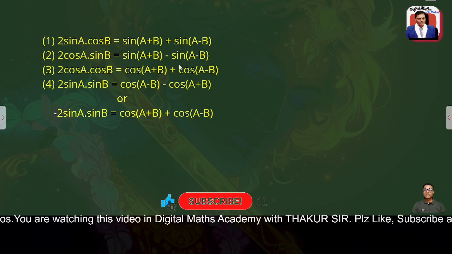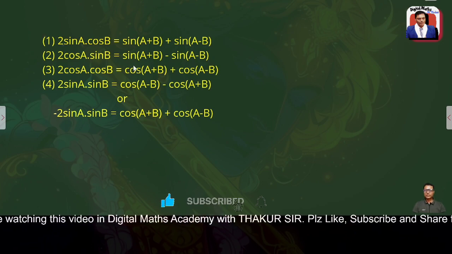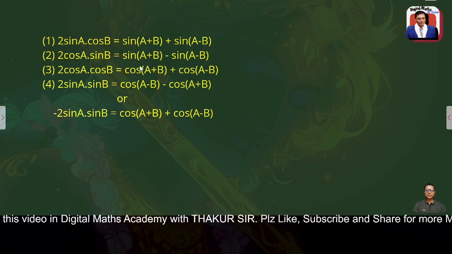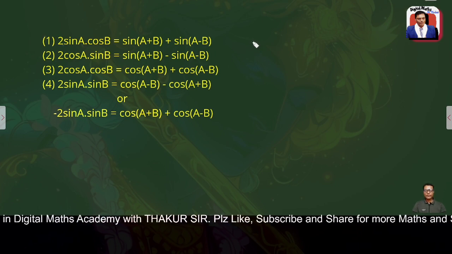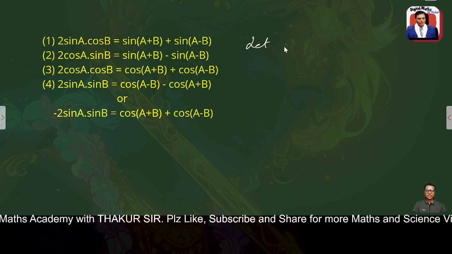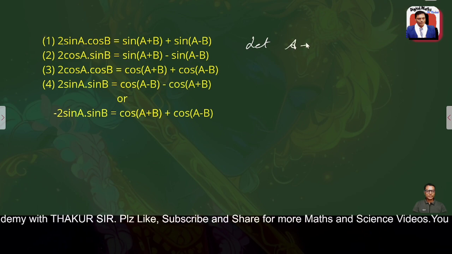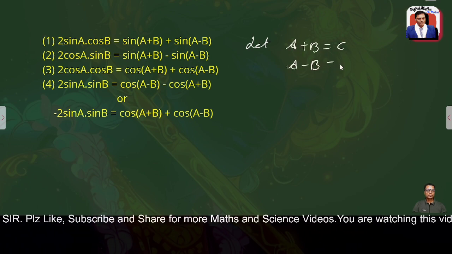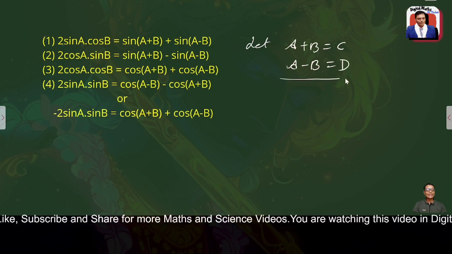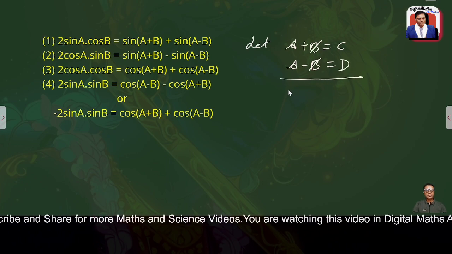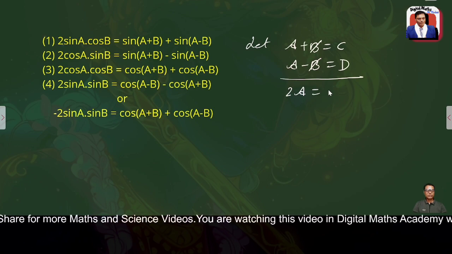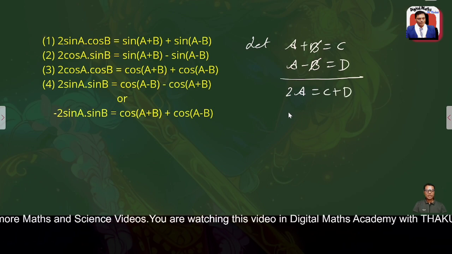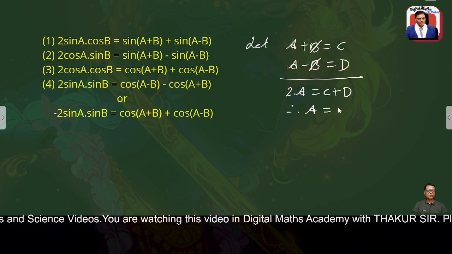So we have already derived these 4 formulae which are used to change the product into sum or difference. Now if we let A plus B equals C, and A minus B equals D, and when you add them, then B and B will cancel, then we will have here 2A equals C plus D, and from here the value of A would be C plus D